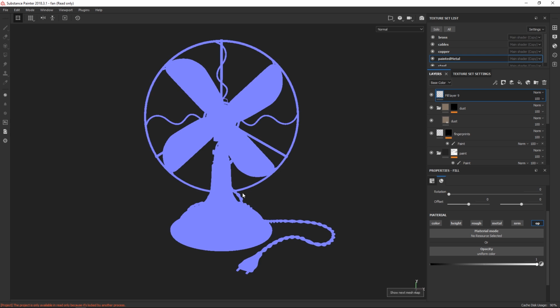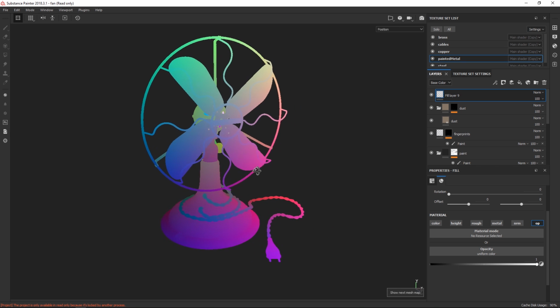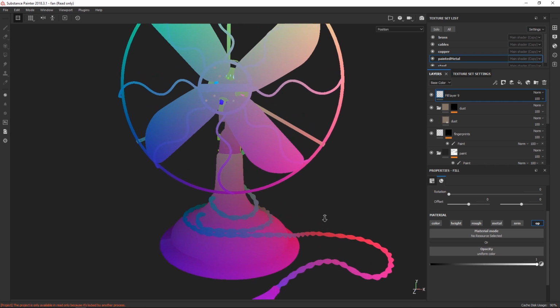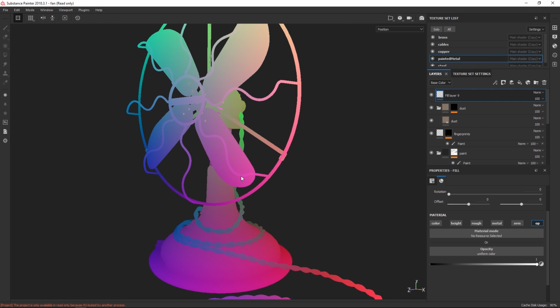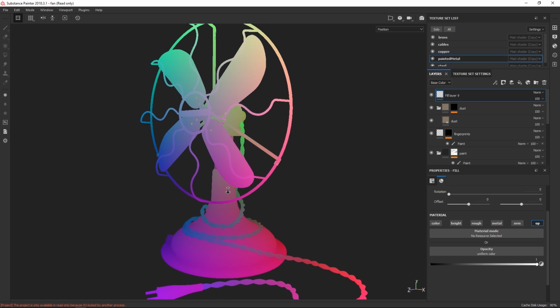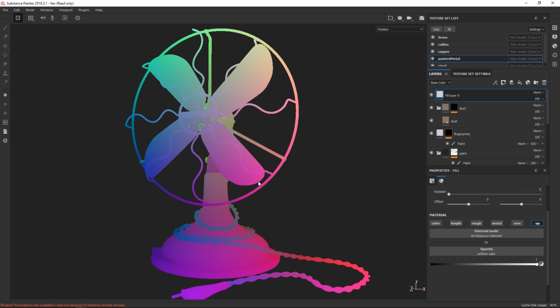Then we have a position map. You just hit the B key to toggle between these. Position maps are awesome. Essentially, every single point on this model has a unique color, which means that you can do all sorts of crazy stuff with this. For instance, you can add gradients from one point to another. So if you want to have a mask which goes from this point to that point, you can totally do that.